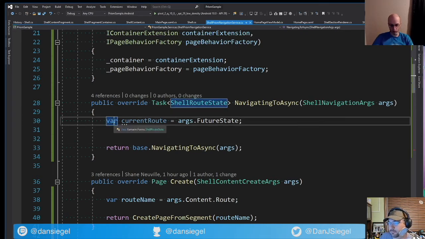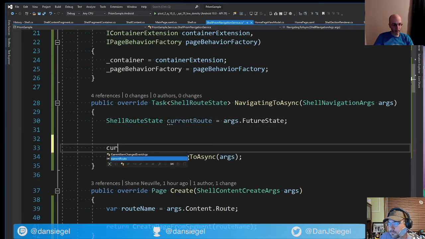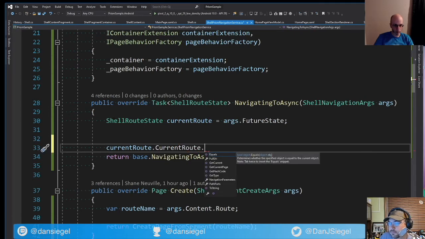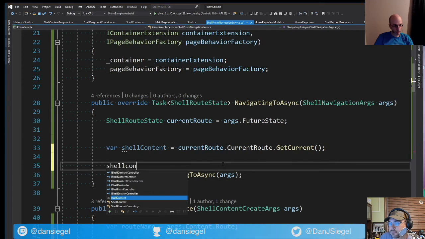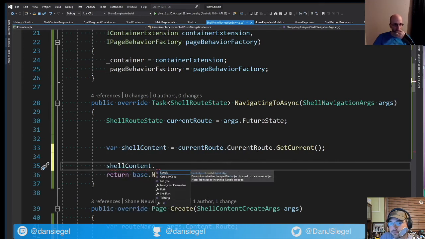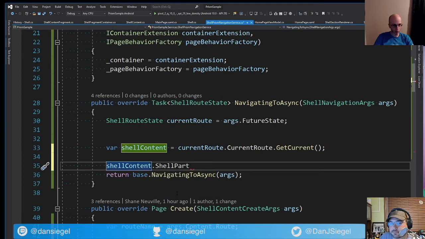future state, it's going to have the next route here. So in theory, what you could do is current route, get current. Is that what it's going to give me? Yeah, I think get current. So this is going to be the shell content that's being realized here. And then the shell content here will have the shell part. This shell part's going to be your shell content, you know? So this will be like